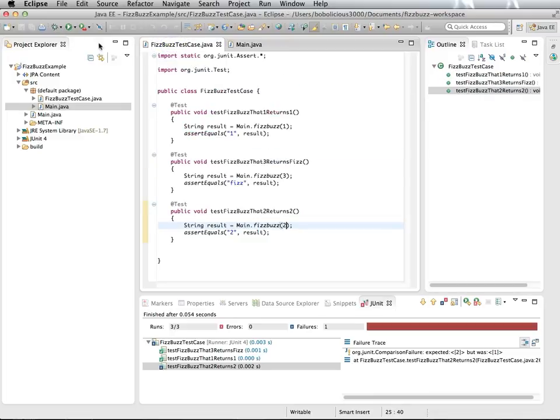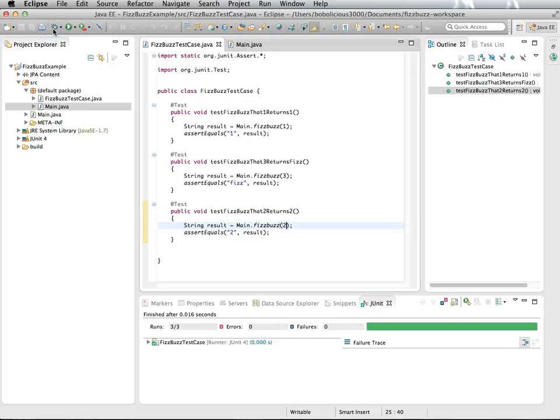Now we can go back here and run the tests again, and they should pass. Let me see, 3 out of 3 are passing. We get the green bar. So it's all honky-dory. Now let's make a new test, and we're going to want to test now that's going to return buzz,